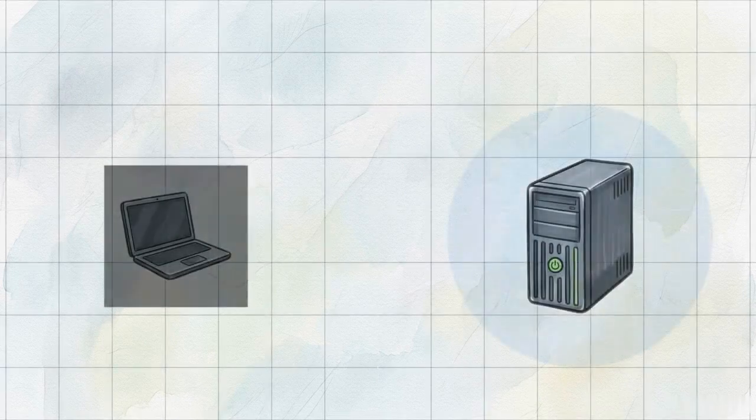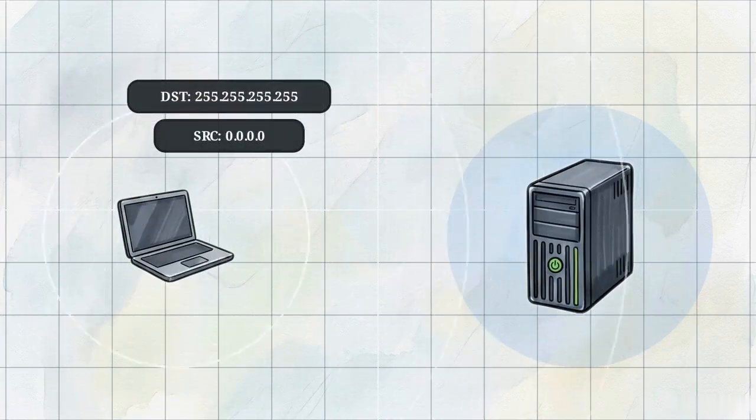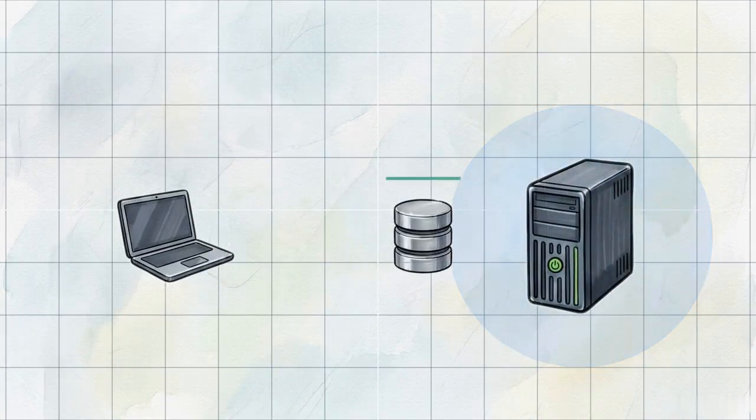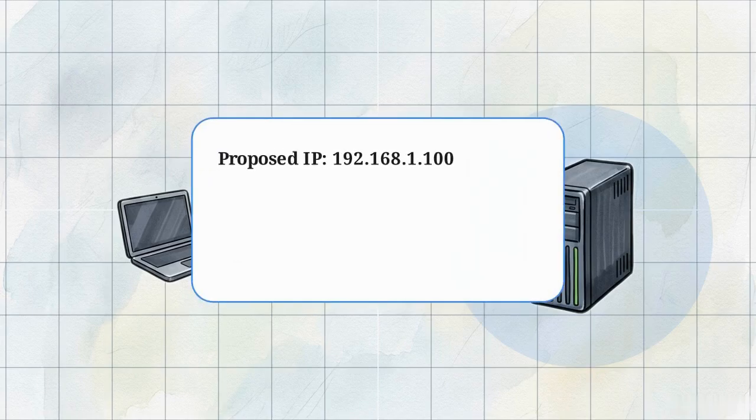This diagram illustrates the first step, discover. The unconfigured client sends a radial wave broadcast to locate any available DHCP server. The packet architecture requires a specific structure to function without an identity. The client uses a source IP of 0.0.0.0 and targets a destination broadcast IP of 255.255.255.255. The DHCP server receives this broadcast, evaluates its available pool of addresses, and formulates a response for the second